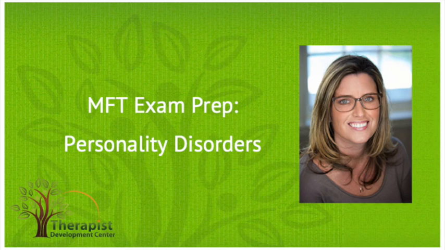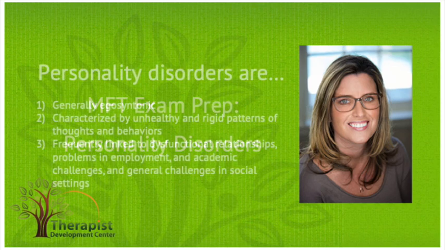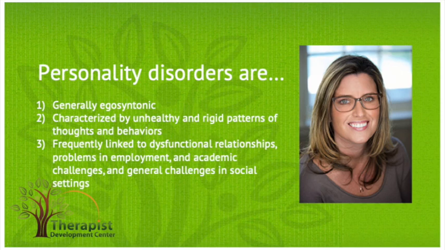So what are the distinguishing features of personality disorders? Personality disorders are, 1, generally egosyntonic. Egosyntonic means that the person does not have awareness of having the disorder. This is the opposite of something that is ego-dystonic, which means that the person knows they have it and clearly is suffering from it. So an example of ego-dystonic would be somebody who can clearly state they have depression or they have anxiety. But with personality disorders, they are egosyntonic. The person lacks awareness about it being a problem.